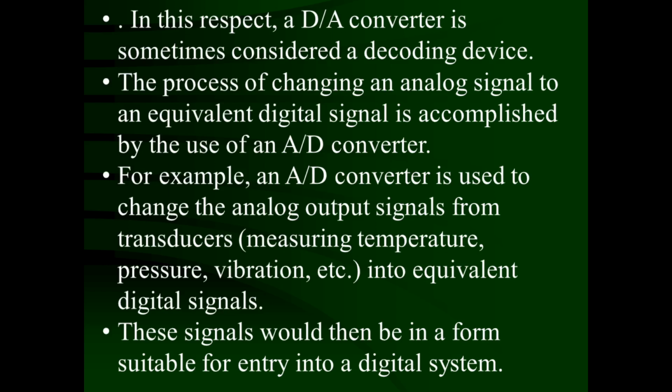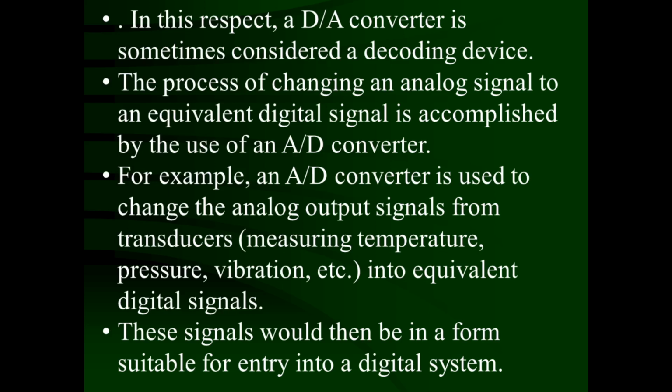Now reverse to that. If you have an analog signal and we want to present that signal to the digital system, it cannot understand that form. So what do we have to do? We have to convert this analog information into digital information in the form of 1s and 0s, or a string of binary, and that should be presented to the digital system, MPU or CPU, where it is going to be processed. And for that, an A to D converter is required.